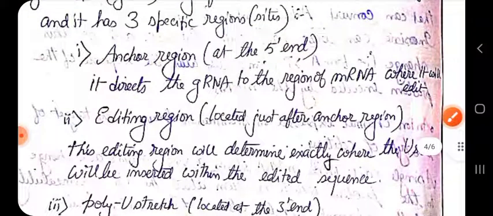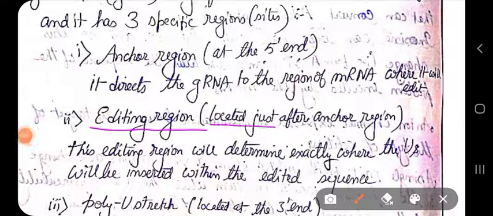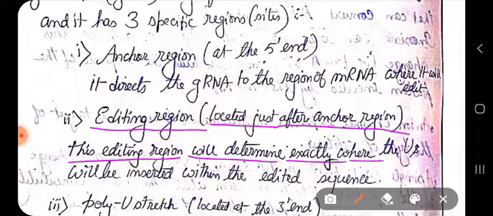Then comes the editing region. The editing region is located just after the anchor region, as you will see in the diagram. Within this editing region, it will determine exactly where the U will be inserted within the edited sequence. If I talk about the mitochondrial genome of trypanosomes, with the help of an example, the editing region will determine exactly where this uridine will be inserted